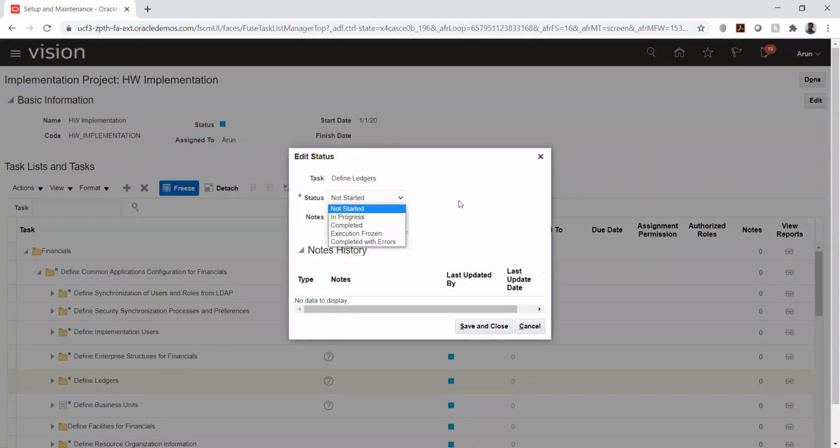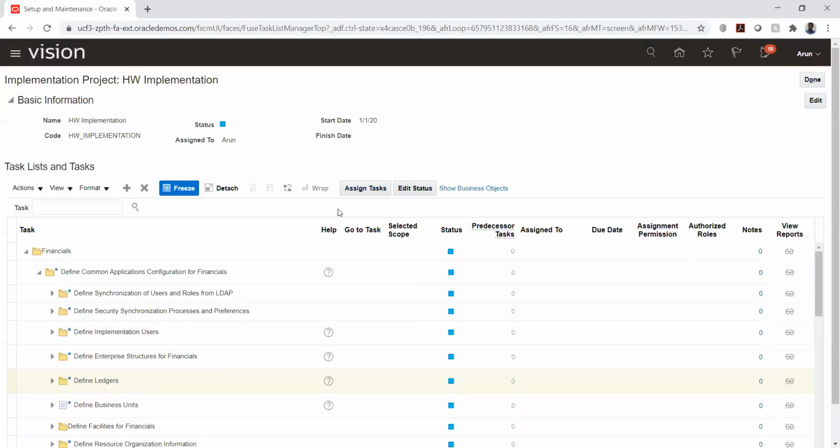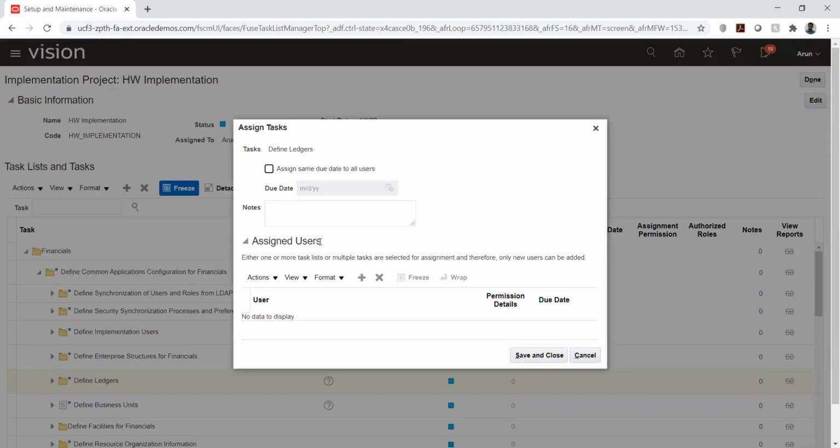I can change it to in progress or completed, or if the project is on hold, I can highlight that. I also have something called assign task. I can assign a particular task to the user, I mean the consultant. For now, we didn't create the user, so when we create it, we can assign to the user. Let's say I have four consultants for finance. Maybe one person will handle AP, another person will handle AR. Similarly, I can attach it to the user, so that we can track the progress of the particular consultant as well.